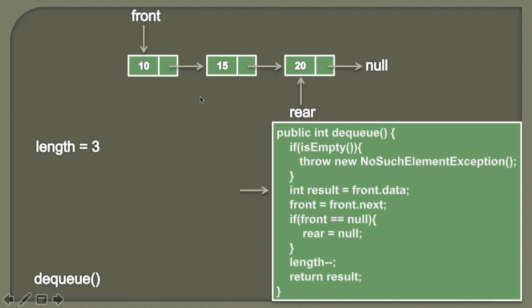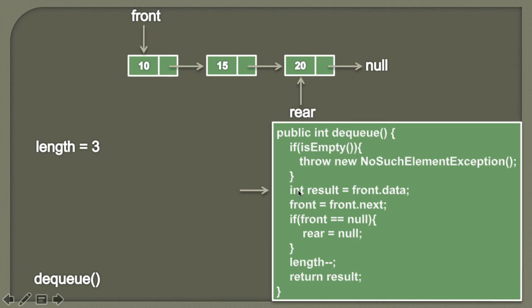So here you can see by first in first out we mean the element inserted first would be the first one to be removed. In my previous tutorial, when we inserted the elements into the queue, we inserted first 10, then 15 and then 20 using the rear end. Now in order to remove an element, we know that 10 was inserted first, so now 10 would be removed first. So this is nothing but the FIFO property, first in first out. So let's see how we can use the front end to remove the nodes which are inserted first.